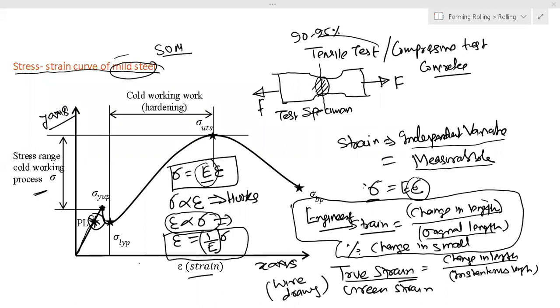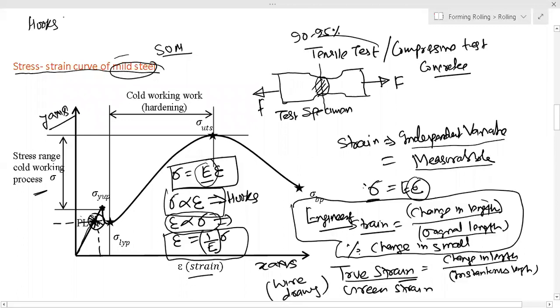So when you stretch it up to some point, the stress is proportional to strain; that we call the proportionality limit, and Hooke's law is valid up to this point only. If somebody asks you, Hooke's law is valid up to the proportional limit or elastic limit, I will talk about that just now. I will say elastic limit. One is the proportional limit, and after that there is the elastic limit.